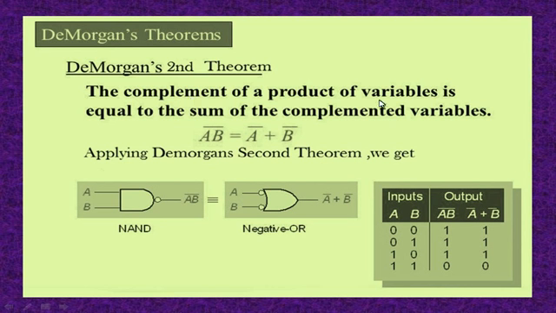The complement of a product of variables is equal to the sum of complemented variables. Now by applying De Morgan's theorem, what do we get? As LHS takes the complement of a product, this is the output of a NAND gate. While in RHS, there is a sum, so there is a need of an OR gate, but it takes complemented inputs, so it is represented with the help of bubbles. Bubbles mean there are inverted inputs.